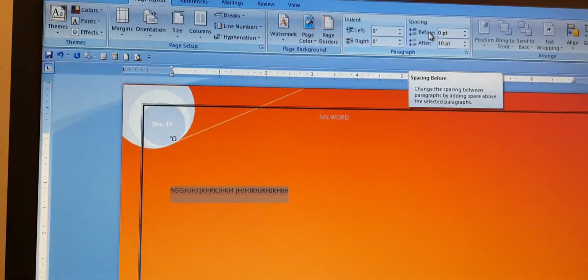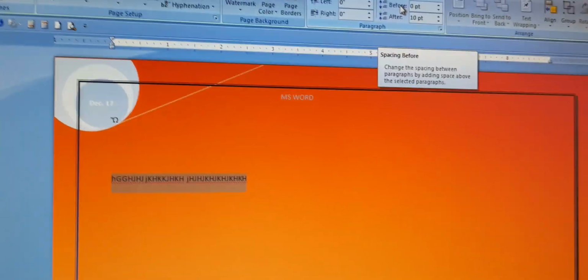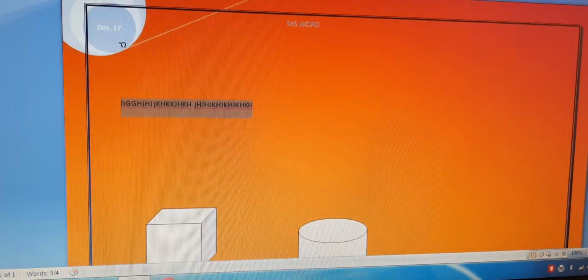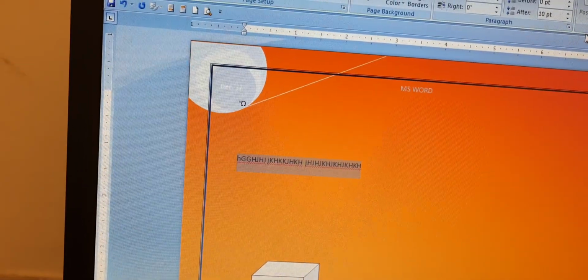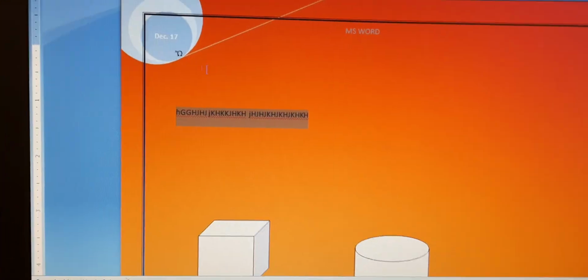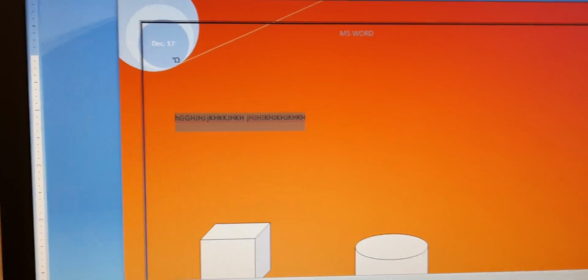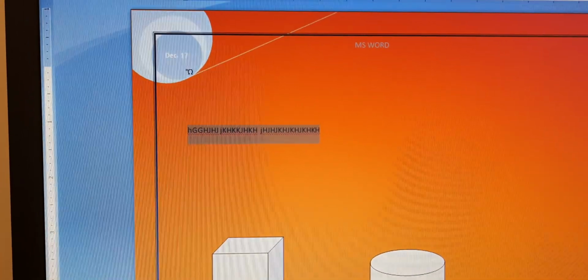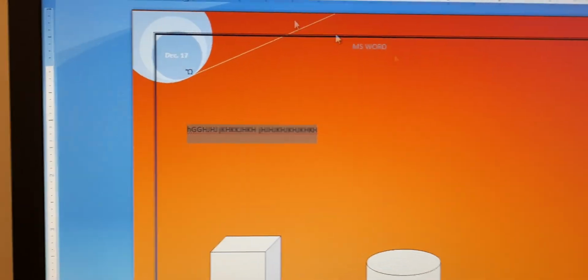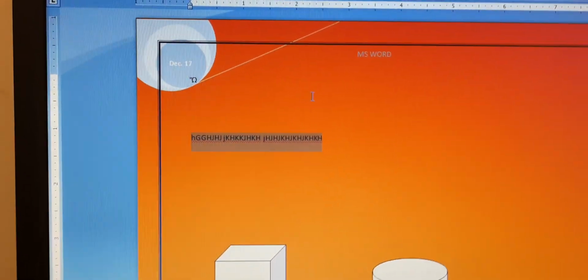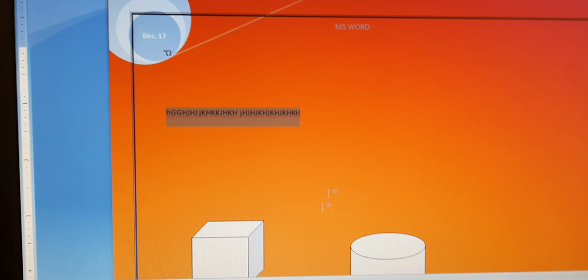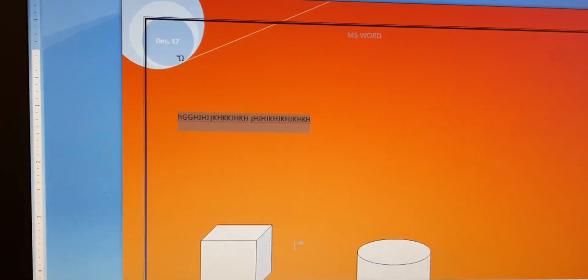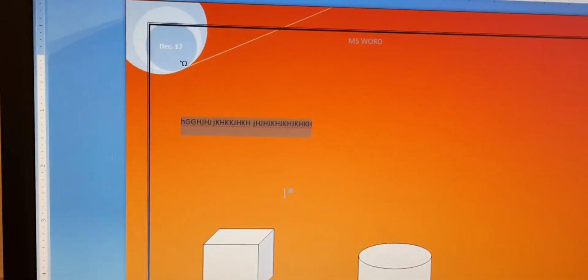Okay, and till now we will study only this much, and then in the next period we will study about page margins. So please, if you have a system at home, try these things on it, and if you don't have one, please go through it properly, so that you can understand these effects and the steps of these.